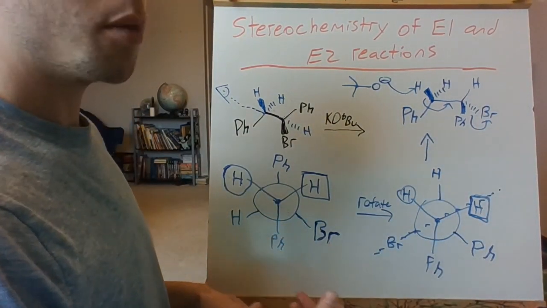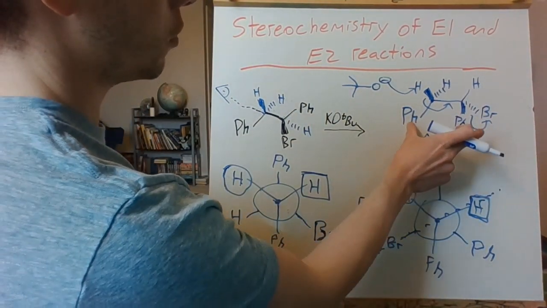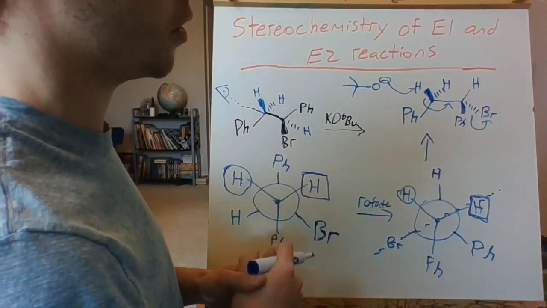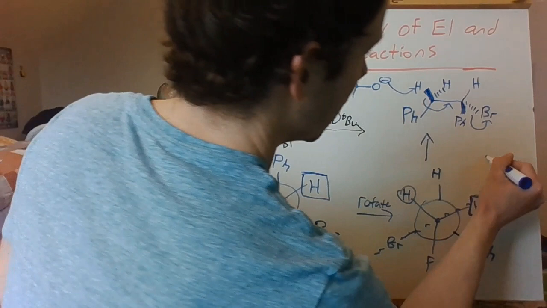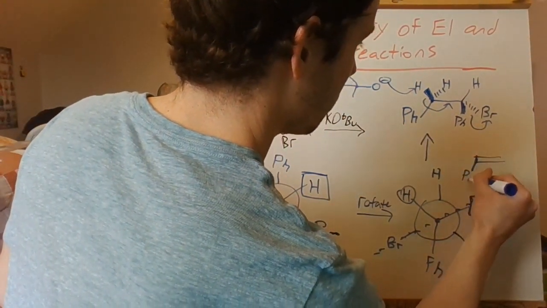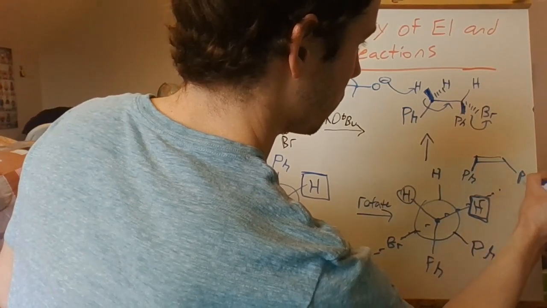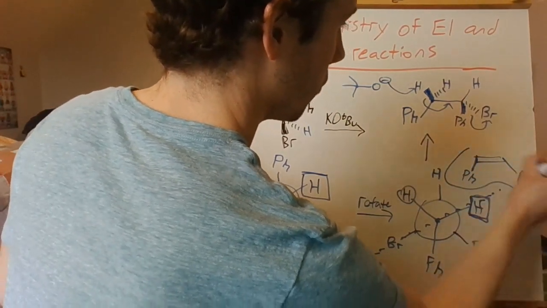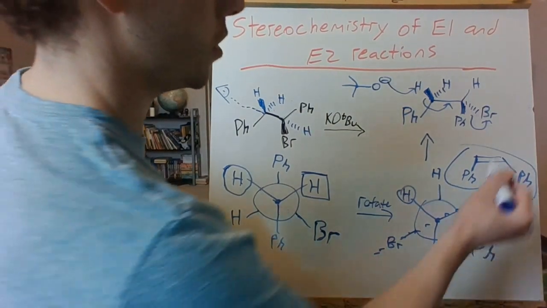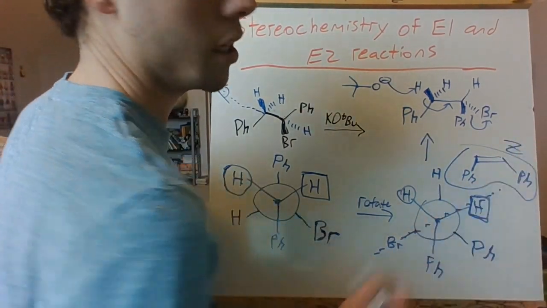What is the outcome of this reaction? We see that our phenyl groups are on the same side of the molecule as each other, and so they're going to be on the same side of the alkene. And so our alkene ends up looking like this shown here. If we figure out whether this is E or Z, we see that it is the Z